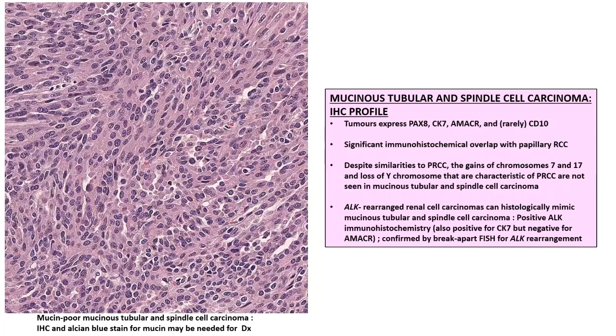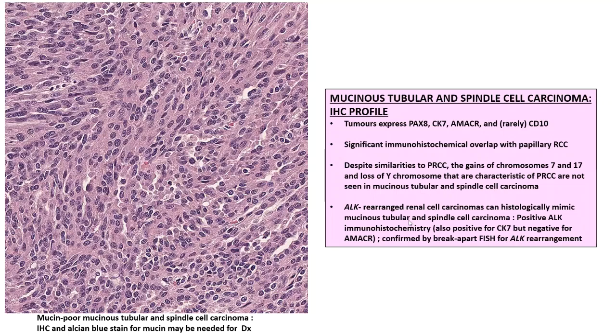Immunohistochemically, these cells have the same IHC profile as that of a papillary RCC, in the sense that they also express CK7 and AMACR. So IHC will not really help you if you have a mucin-poor case of a mucinous tubular and spindle cell carcinoma, because when it comes to its main differential diagnosis, papillary RCC, both have the same immunoprofile. Another new entity that has come up recently is the ALK-rearranged renal cell carcinomas, which